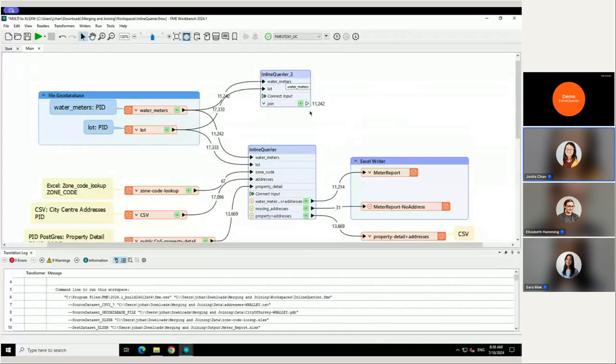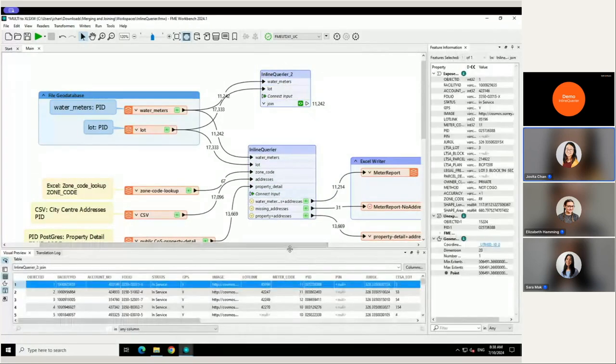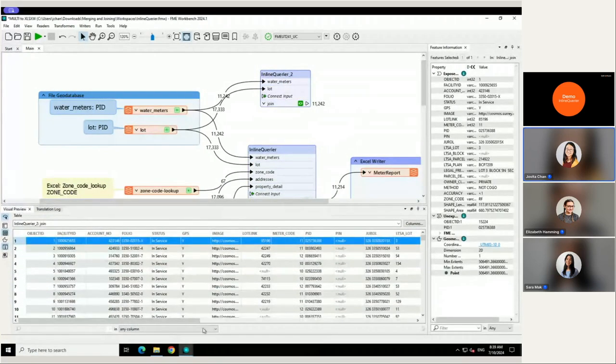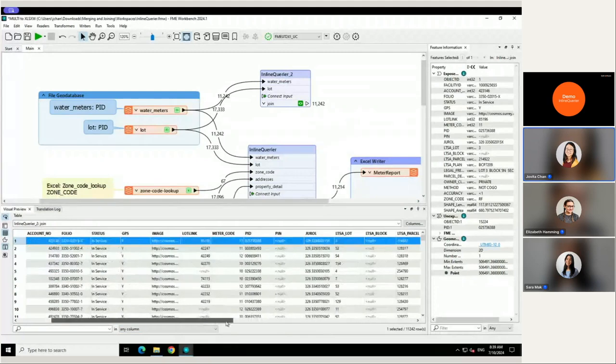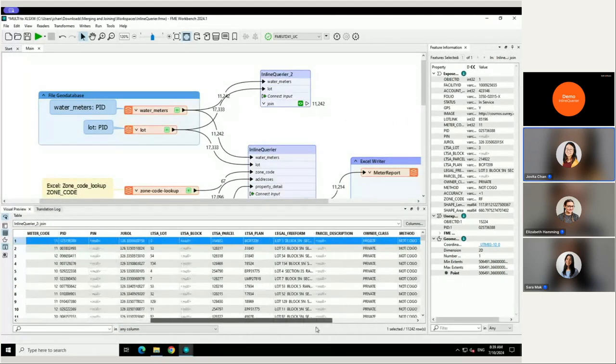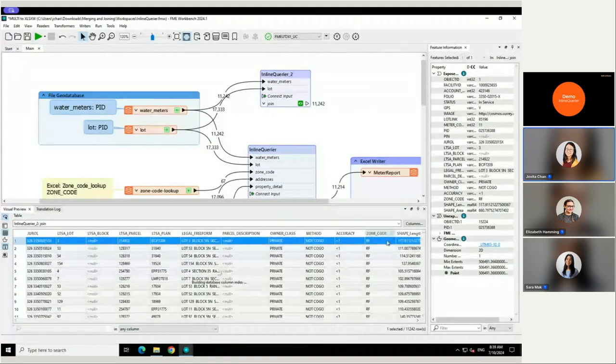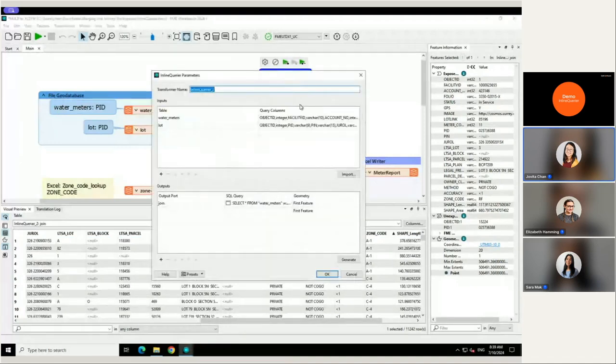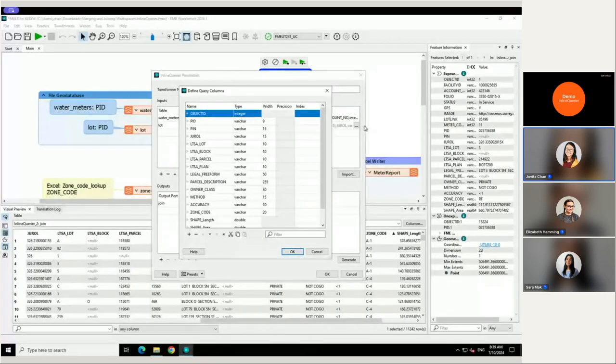So we have run. You can see that we've joined our information. Really, all I wanted from lot was the zone code. Can I see it? Zone code here. So in terms of performance saving and tips for using the inline querier, similar to how Sarah in the database joiner